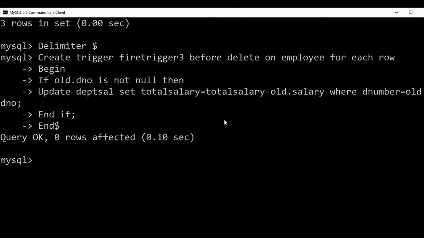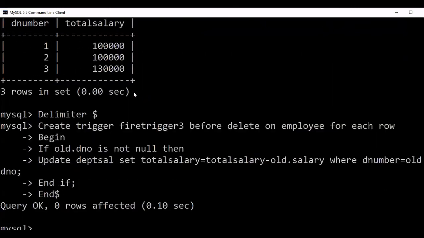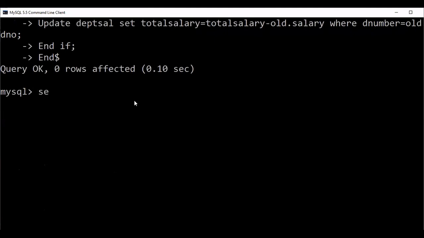Now I am deleting any one row. So I'm again selecting, select star from employee. How many records are present? You can delete only from employee, not from department salary.